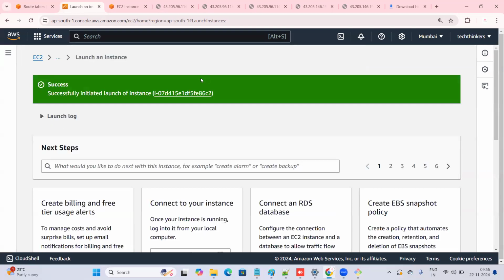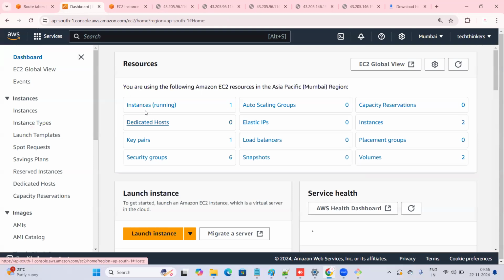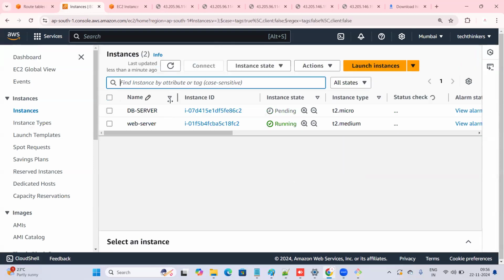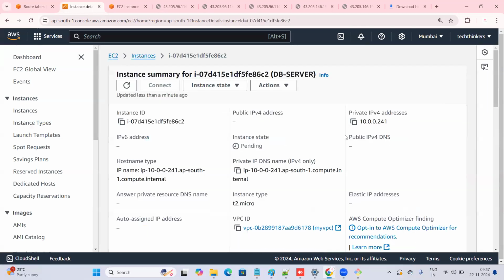That's it. And once after launching the server, you will see the private IP of this server. You won't see the public IP of this server. Just access this server. You can see the private IP, but there will be no public IP. You cannot see the public IP for this server. Okay. So now, to access this particular server, what I told you,